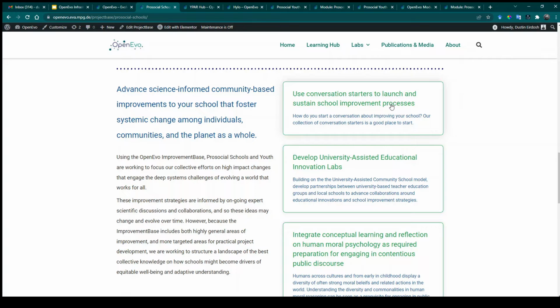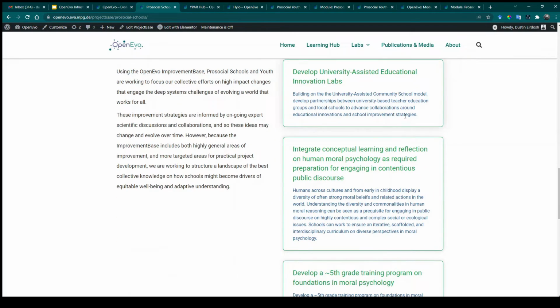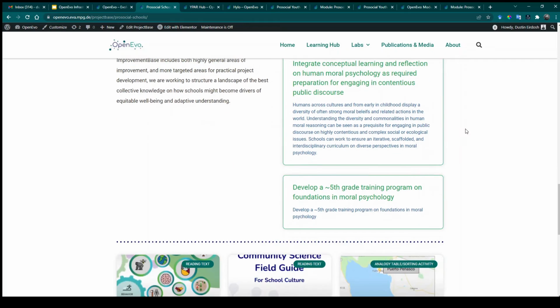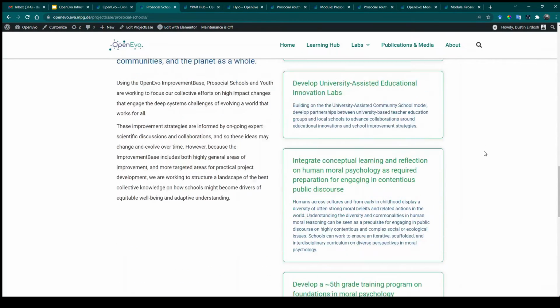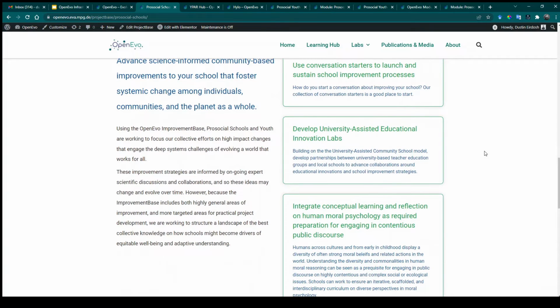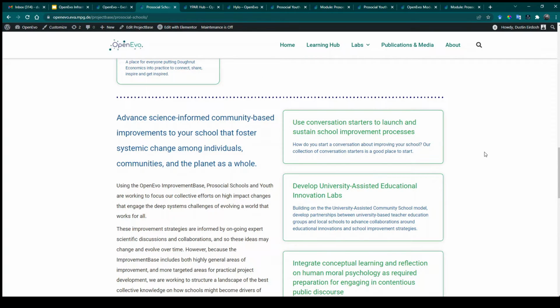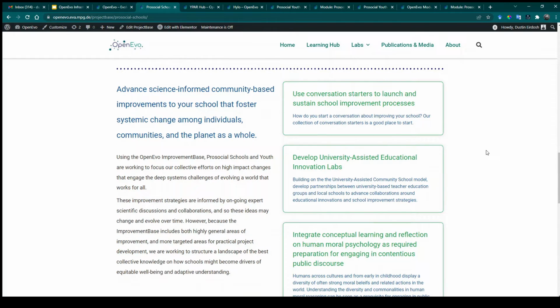So some of these are, for example, conversation starters is something that kind of got built up within Prosocial Schools, whereas some of the other items in here currently are perhaps more from our Global ESD work, but might be related to Prosocial Schools, and so they can receive the Prosocial Schools tag and therefore be findable by people within Prosocial Schools.